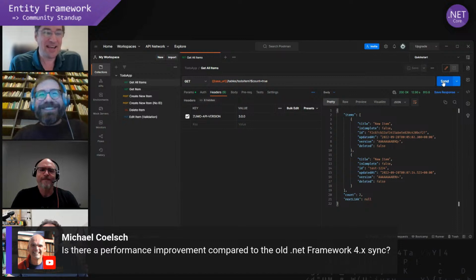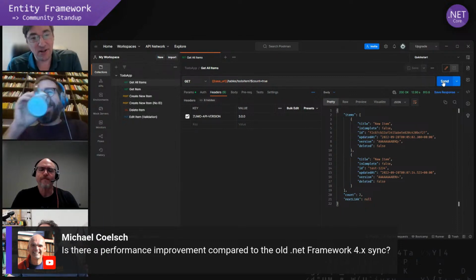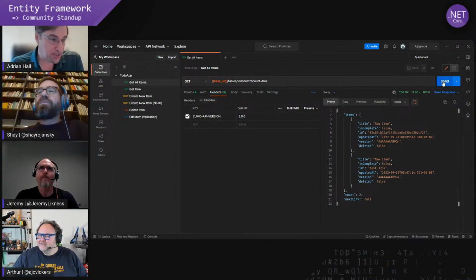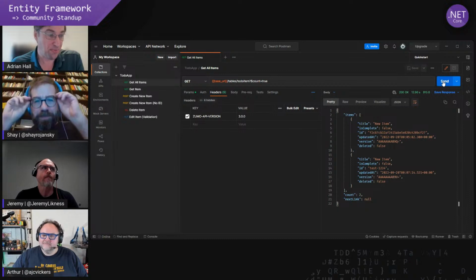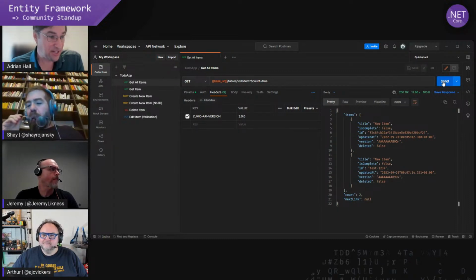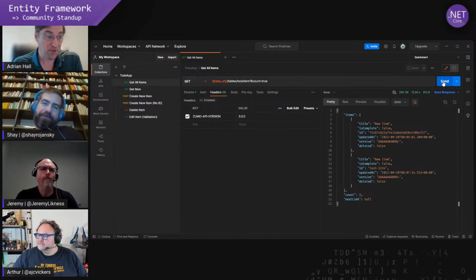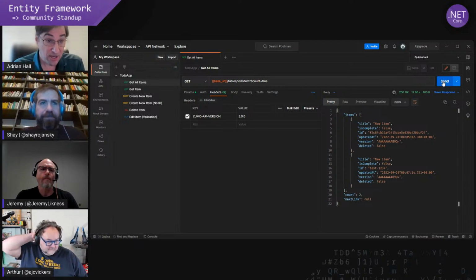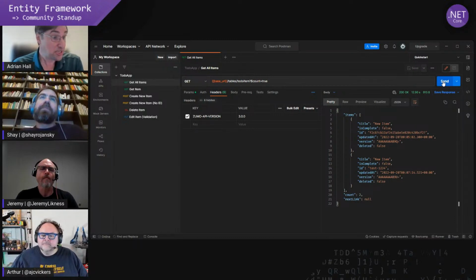If you're looking at just the server side, it uses less resources, but it's not, quote, faster.